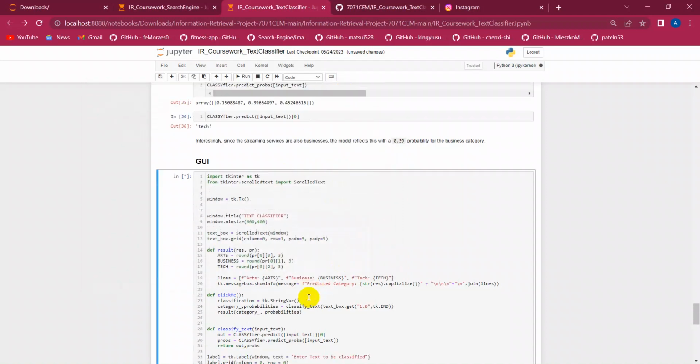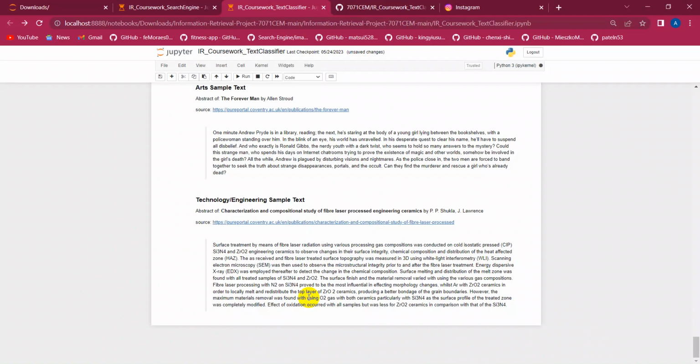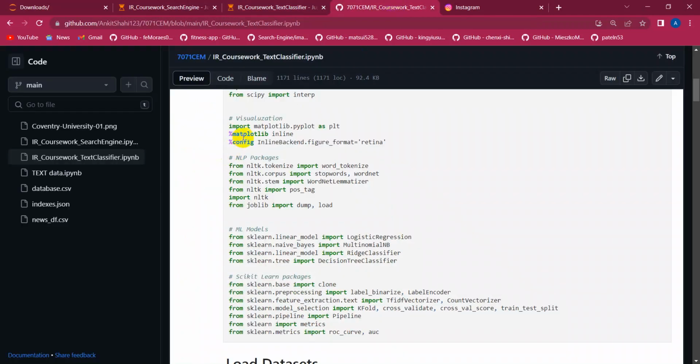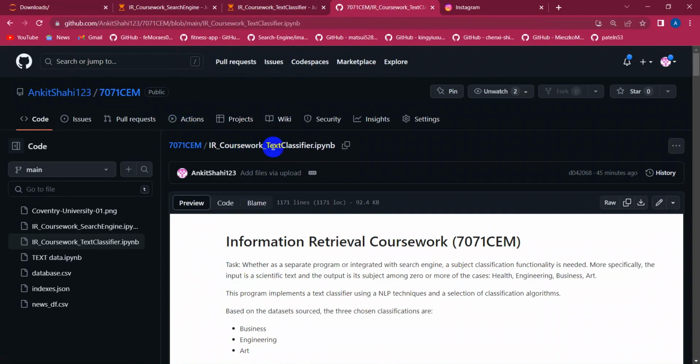So this was the project related to the vertical search engine, where every component like the crawling, indexing and the query pre-processing was performed, and also the text classification was performed based on the multinomial naive Bayes. So this was the working mechanism of my project, and I have also uploaded all this code into GitHub, and that is also shared in the document. So thank you